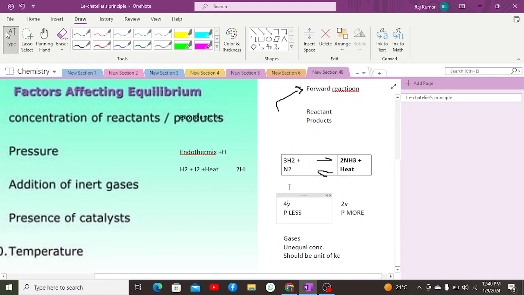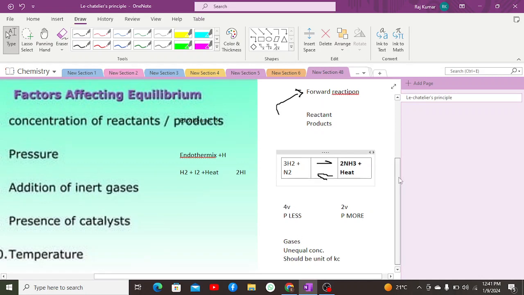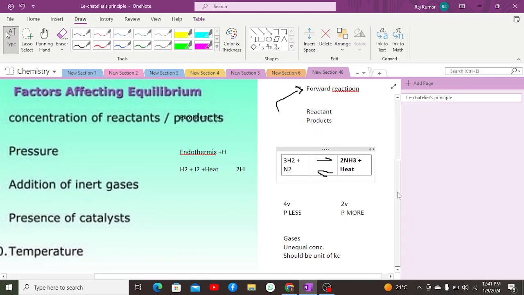One more phenomenon which can be applied here is such that if there is a high amount of volume on this side and a low amount of volume on this side, then if we are increasing the volume, we can directly solve it with reference to the volume. If we are increasing the volume within the equilibrium mixture, then this will cause a backward reaction,